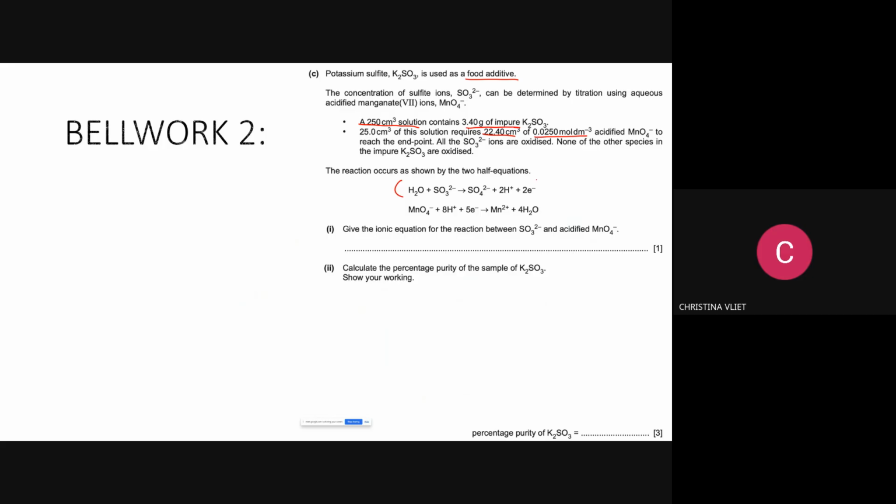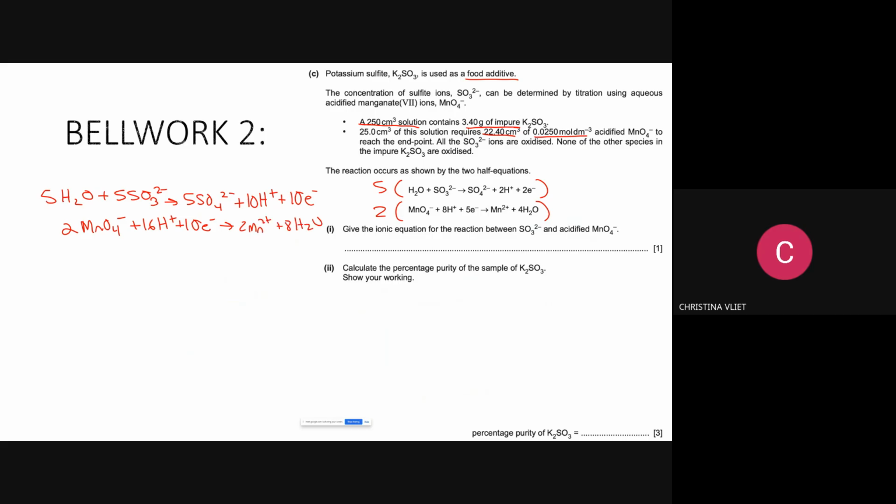Times 5 here, and times 2 here, because you have to make sure that the electrons transferred are the same. So now, for my first one, I'm going to rewrite it over here. That's why I gave you space. 5 H2O plus 5 SO3 2- goes to 5 SO4 2- plus 10 H+ plus 10 electrons. And the second one would be 2 MnO4- plus 16 H+ plus 10 electrons goes to 2 Mn2+ plus 8